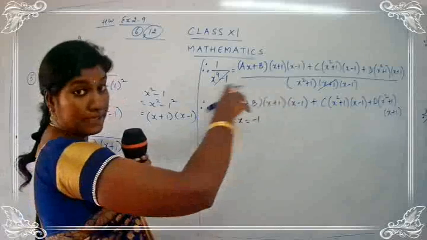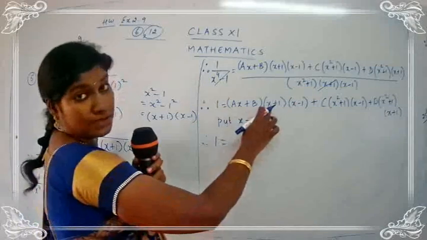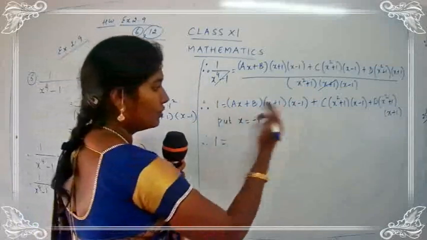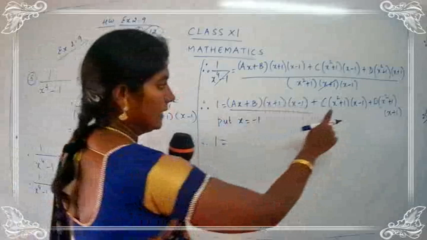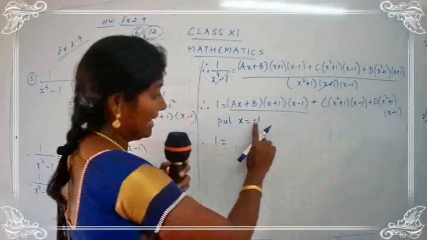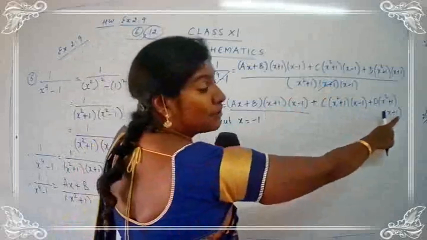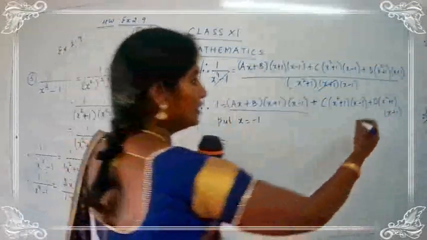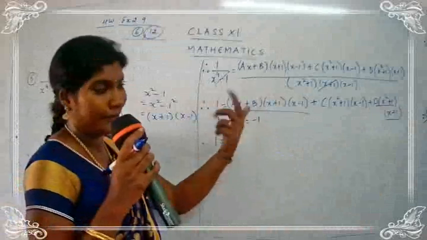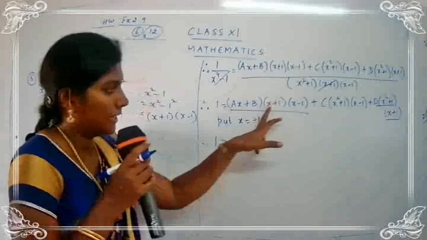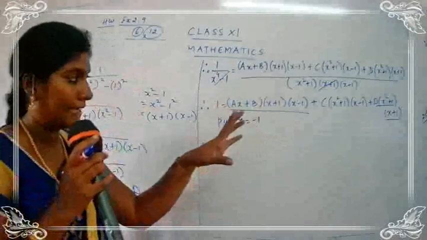First of all, let me see the whole term. Ax plus b, x plus 1. So x plus 1 means minus 1 plus 1, so this is 0. When I multiply by 0, the whole term becomes 0. Again here, this is minus 1, yes children, so minus 1 will become minus 2, so this term will not become 0. Coming to this term, minus 1 plus 1 becomes 0, so d term becomes 0. So when you put x is equal to minus 1, the ax plus b term vanishes and the d term vanishes, because here x plus 1 is there. So minus 1 plus 1, 0. When you multiply by 0, the whole term gets vanished.